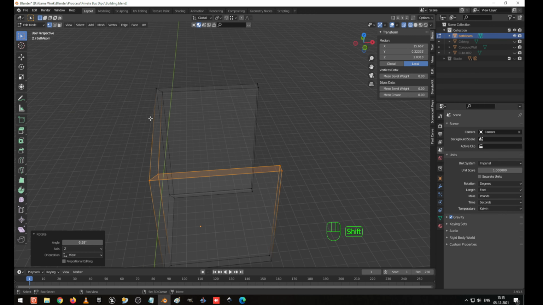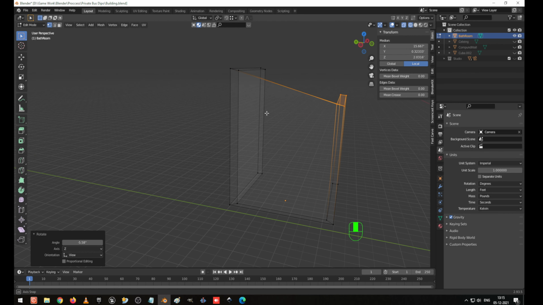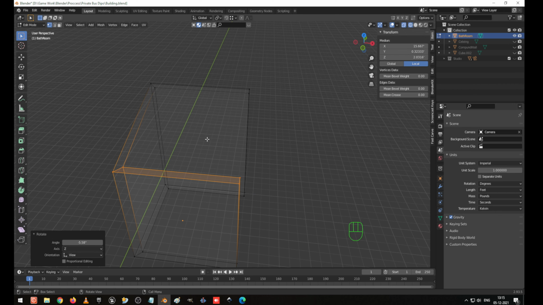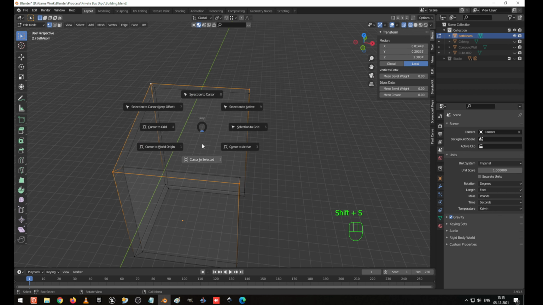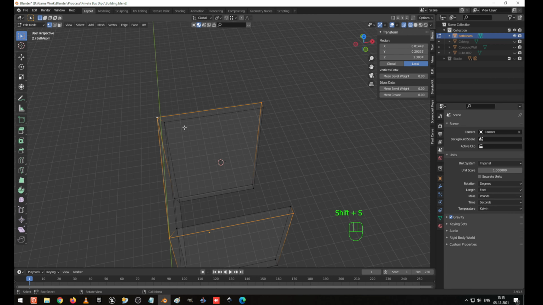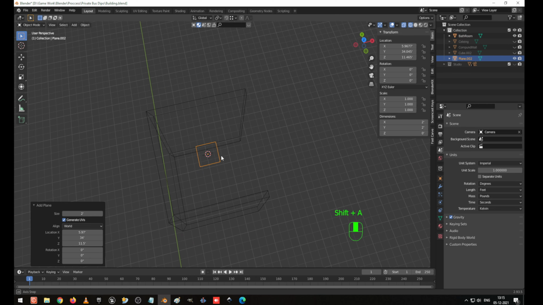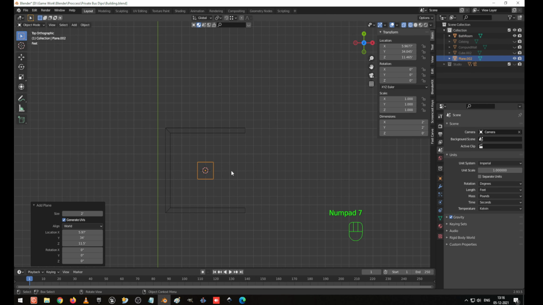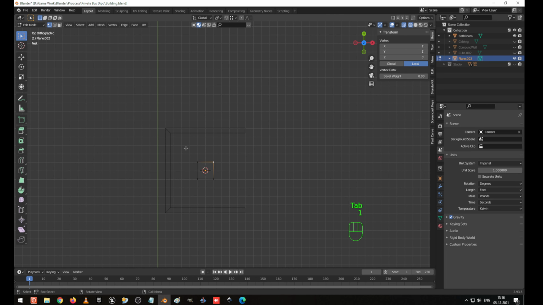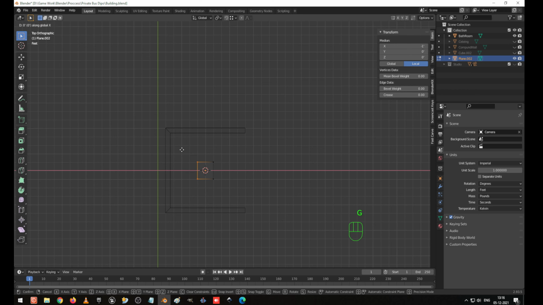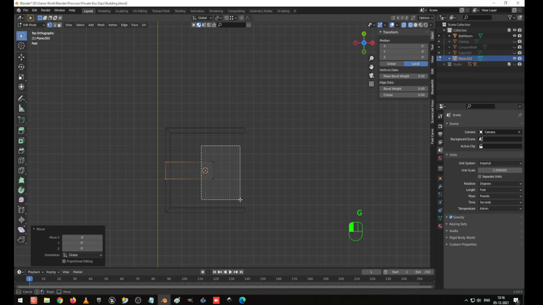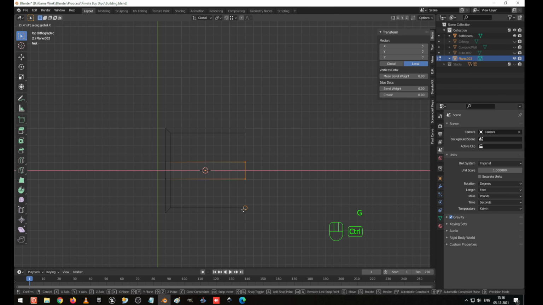So now here one object has been done, so here I'm going to give an ASPA sheet. So I'm going to select this thing, Shift S, cursor to 3D center, go to top view, go to the object mode, press Shift A and create a plane, go to the top view and go to edit mode, edge selection. So G X to move like this, G X to move like this.